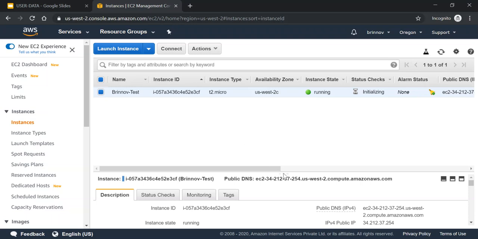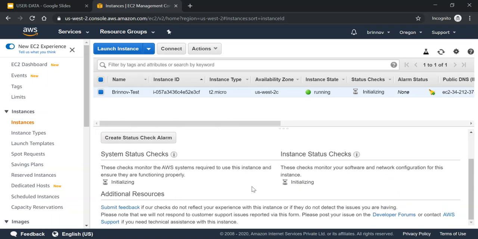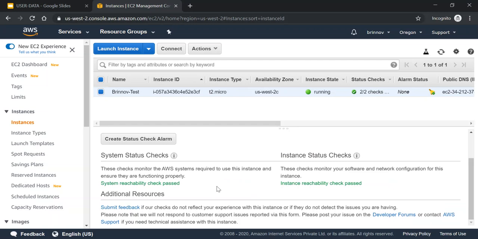Let's see what is the status of status checks. Both the status checks are in initializing state. Both the status checks have passed.